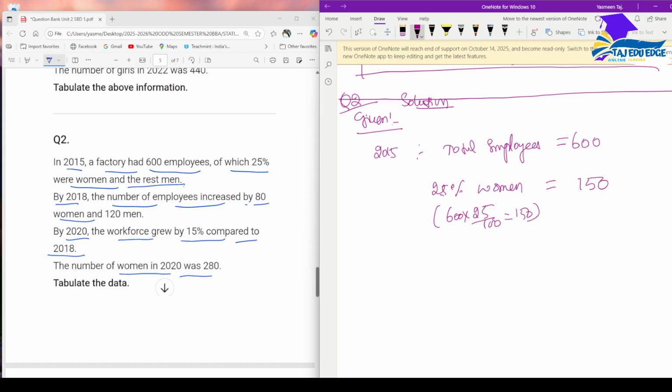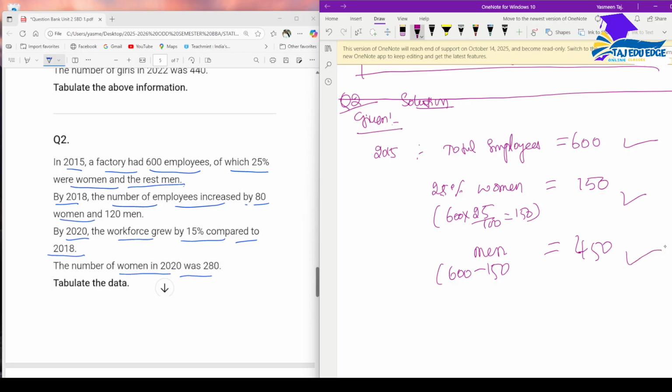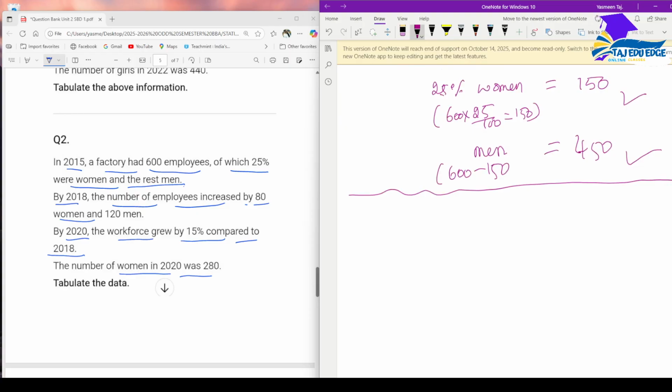If 150 were women, how many were men? You know that 600 minus 150, that is 450 men. Now you know in 2015 total were 600 employees, 150 were women employees, 450 were men employees. This is done. Next, in 2018,